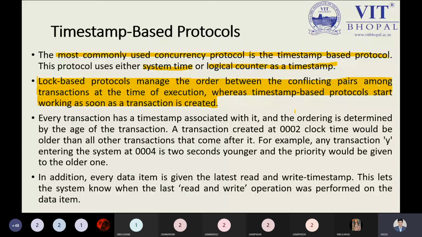Just like, for example, if I need to give priority among my grandfather, my father, and myself, I will give priority to my grandfather because he is older. He has more life, more age. So I can say that the transaction which comes first will be executed first. Okay, and a few things depend on the algorithm. That is the point you have to keep in mind.